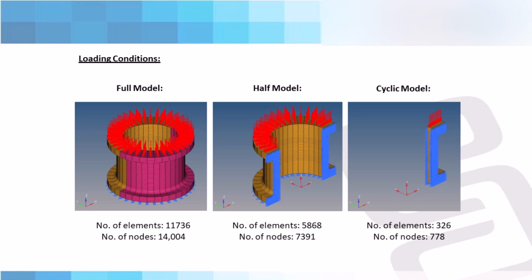Now let me explain the symmetric boundary conditions using this example. Here in the figure you can see an example. This is a full component. Now if I try to divide this component using the axisymmetric concept, you can see the half model in the half model figure, and then there is one more model which is only one strip of elements, known as the cyclic model. So these are the two different symmetries for this component. Half model means I can take this model and if I mirror it I will get the full component.